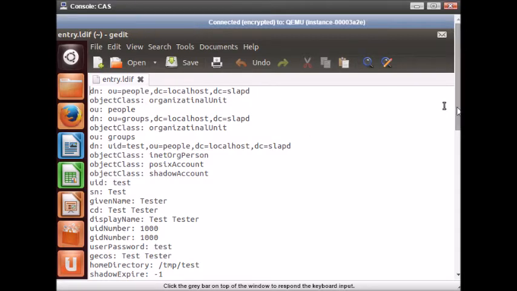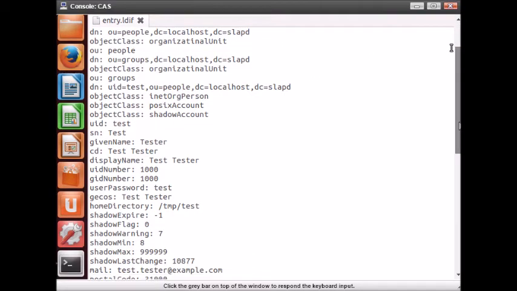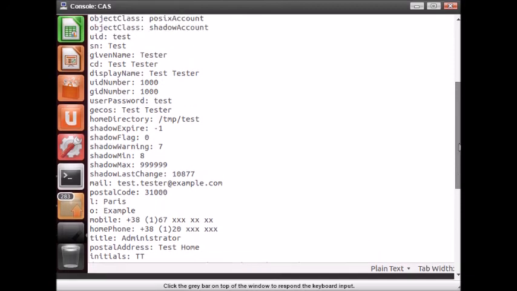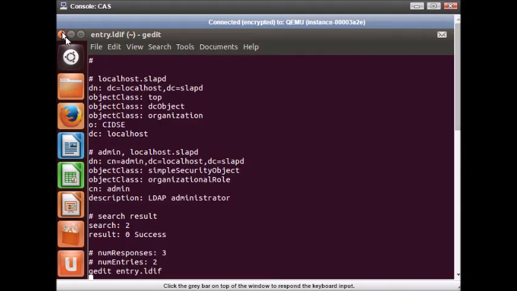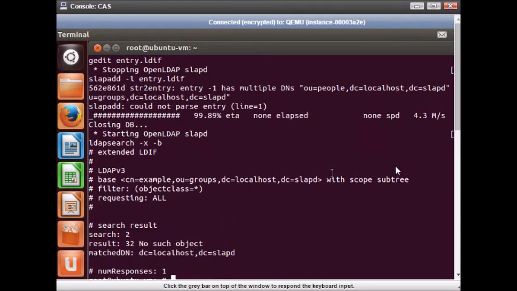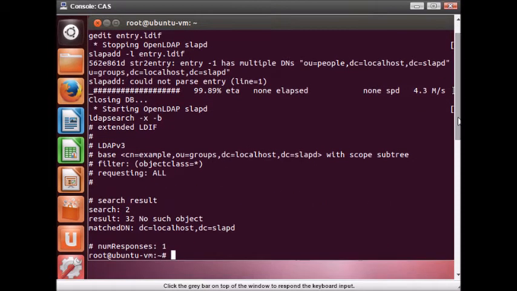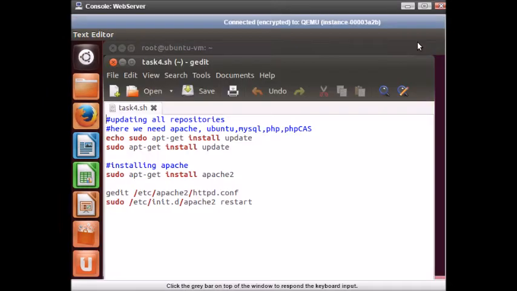This is our entry.ldif file. Here we have created the entry. So yeah, this is working as this gives the required output. So LDAP is installed. Now we set up our client.